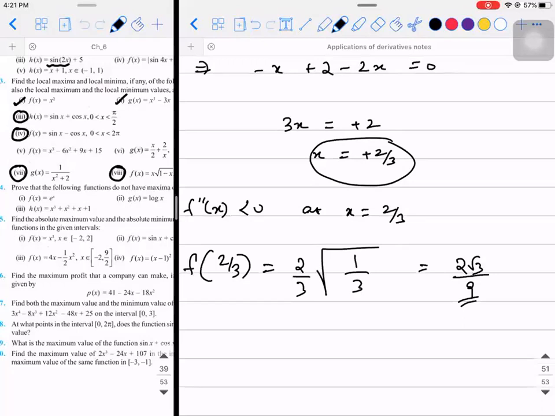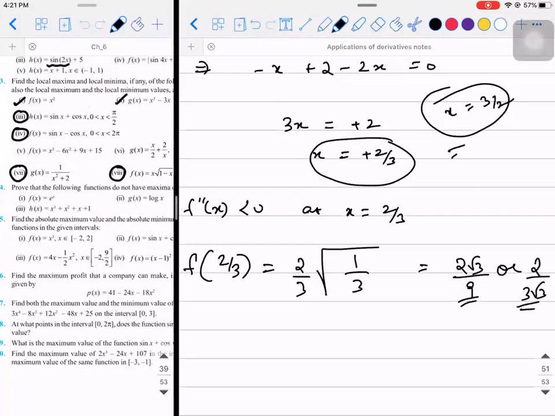They'll definitely have 2 options for answers, so however you leave it, you'll get the marks. But I suggest don't leave the root 3 in the denominator. See, while solving the same problem, had the value of x come out as 3 by 2, would I be able to proceed?